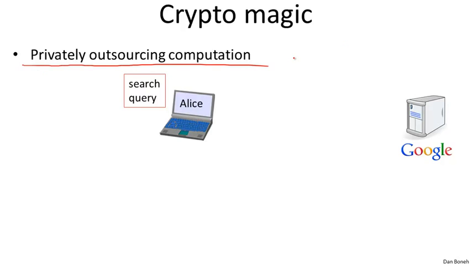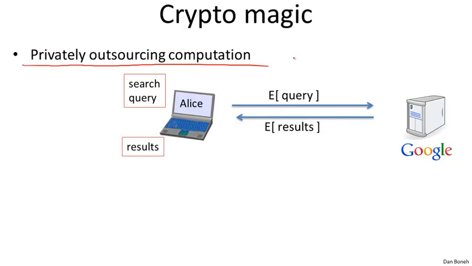It turns out that there are very special encryption schemes such that Alice can send an encryption of her query to Google, and then because of the property of the encryption scheme, Google can actually compute on the encrypted values without knowing what the plaintext is. So Google can run its massive search algorithm on the encrypted query and produce an encrypted result. Google would send the encrypted results back to Alice, Alice would decrypt, and then she would receive the results. But the magic here is all Google saw was just encryptions of her queries and nothing else. And so Google, as a result, has no idea what Alice just searched for, and nevertheless, Alice learned exactly what she wanted to learn.